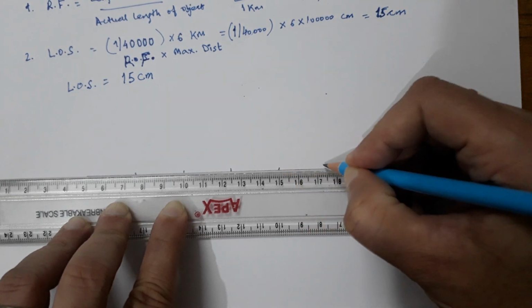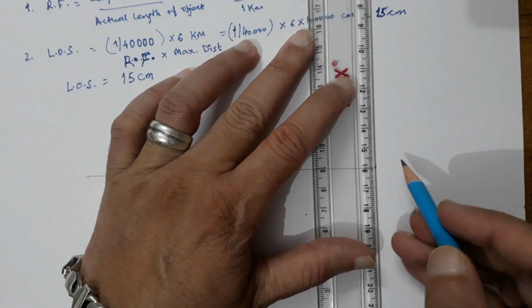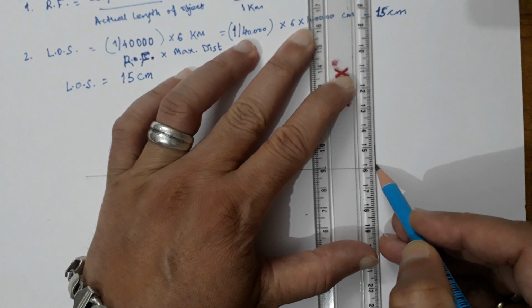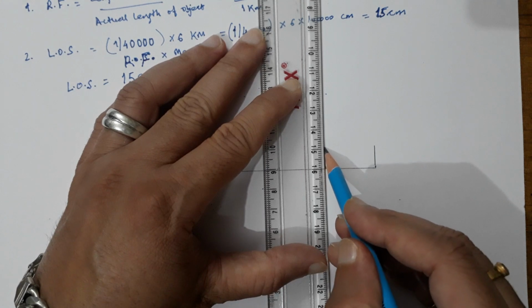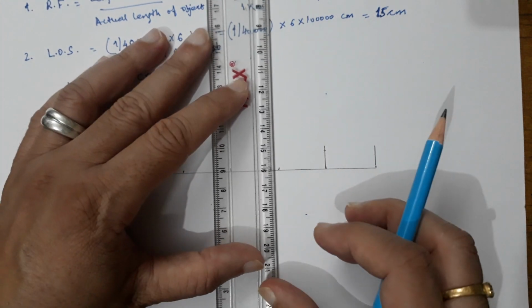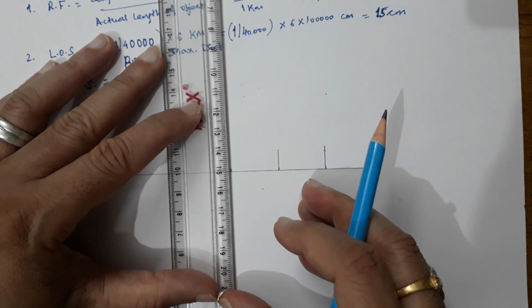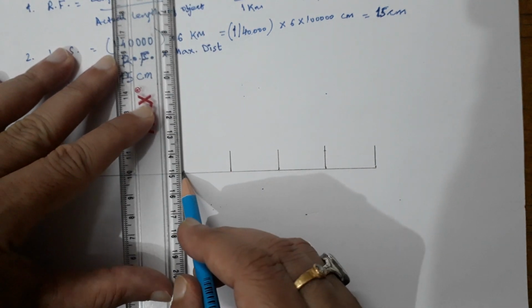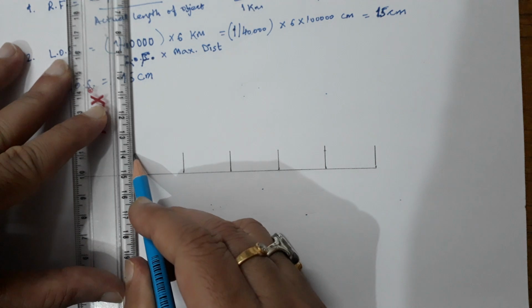There is one more method that I will discuss in the diagonal scale: how to divide this line into 6 equal parts by using the inclined line method. Now you can raise this up to 10 mm, because the height of the plane scale is 10 mm. I am raising all the partitions to 10 mm. Up to 6 kilometers this scale can measure.